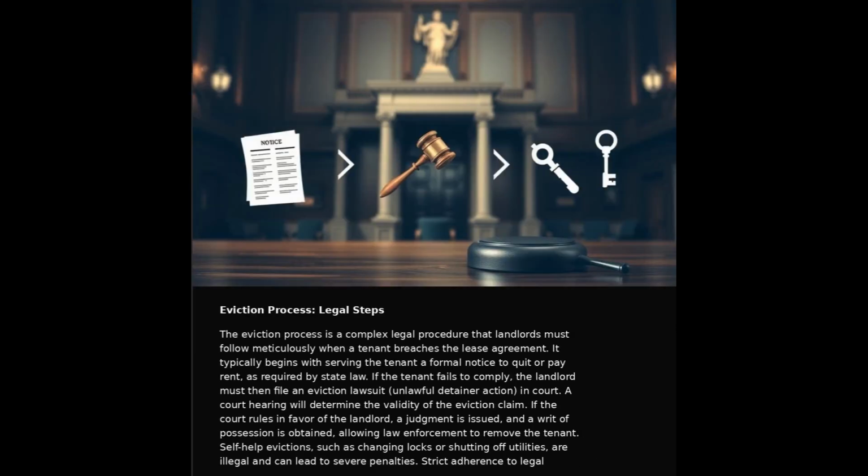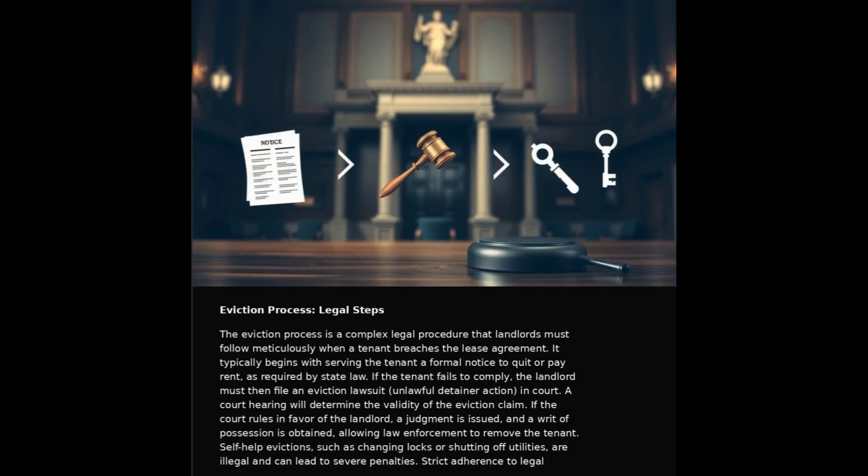Eviction process. Legal steps. The eviction process is a complex legal procedure that landlords must follow meticulously when a tenant breaches the lease agreement. It typically begins with serving the tenant a formal notice to quit or pay rent, as required by state law. If the tenant fails to comply, the landlord must then file an eviction lawsuit, an unlawful detainer action, in